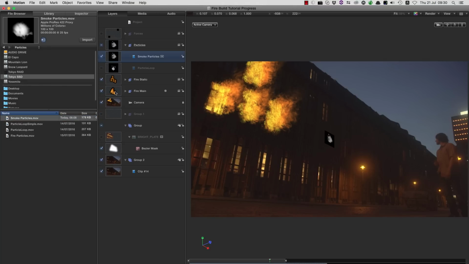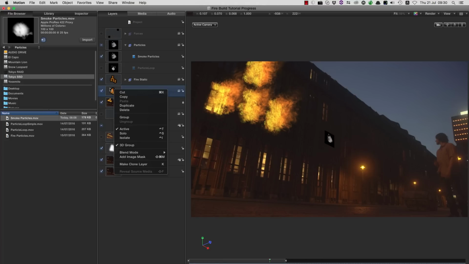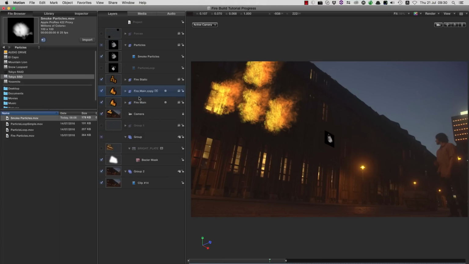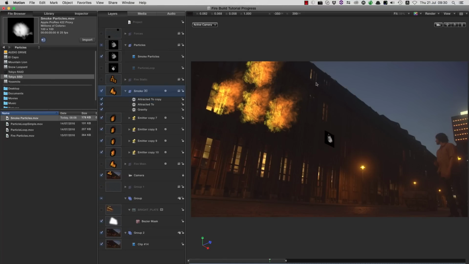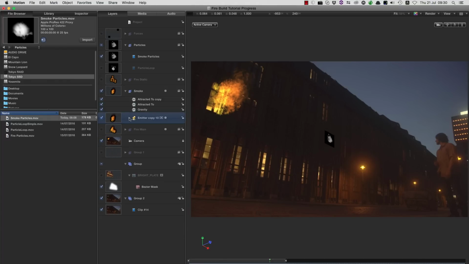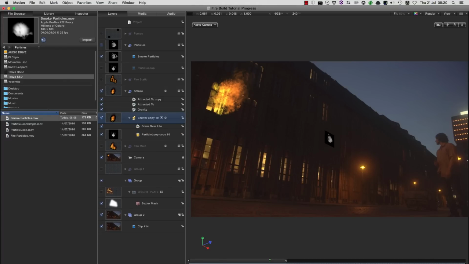Then what I'd like to do is I'd like to take my main fire group and duplicate it. So right click, duplicate, and let's call this smoke. Let's turn off the other two groups for the time being and open up this smoke group. I'd like to delete all of these emitters apart from the first one, and let's open that up. And let's drag the smoke particles into that particle source there. So now we've got our new softer smoke particles in there, you can probably see. And they look a little bit like this, but for the time being they're obviously fire coloured,